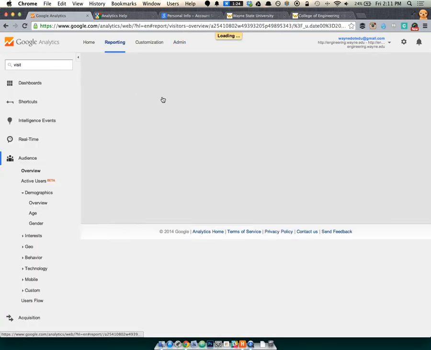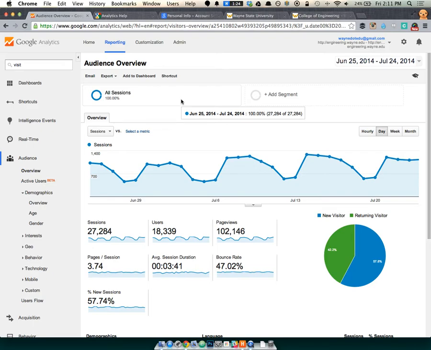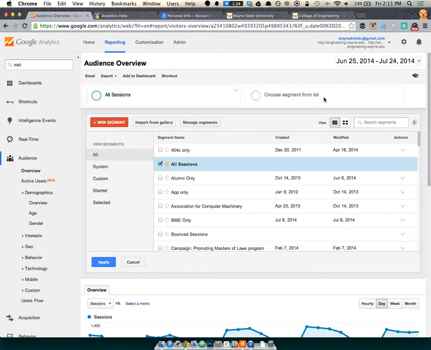Segments allow you to take a lens of data, like a filter, and apply that to not only the data from now on, but also retroactively forever. Right now we just have one up, which is all sessions. We can add another one. I don't know how many you can add at a time, but there is a whole bunch that are already in here. And let's go to